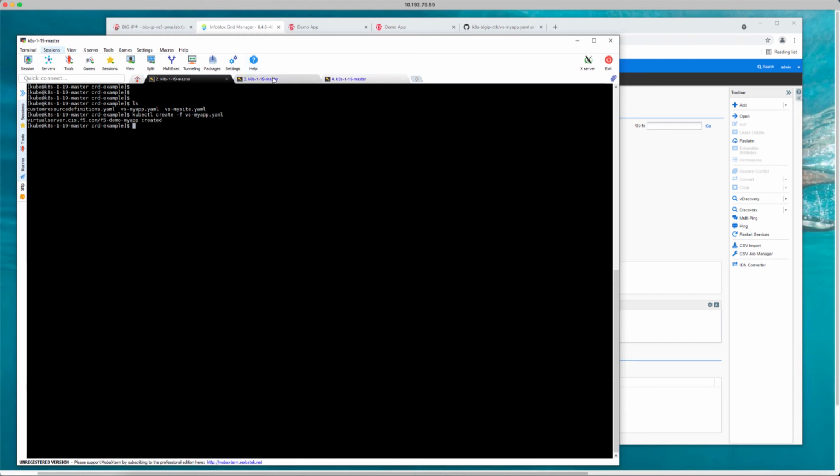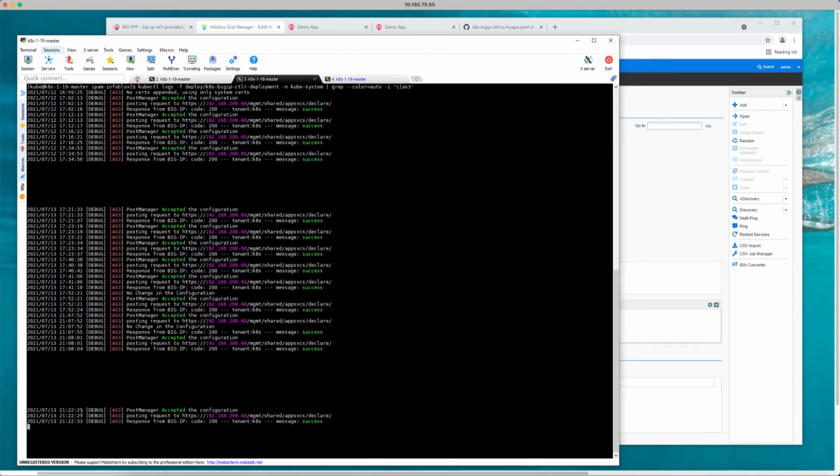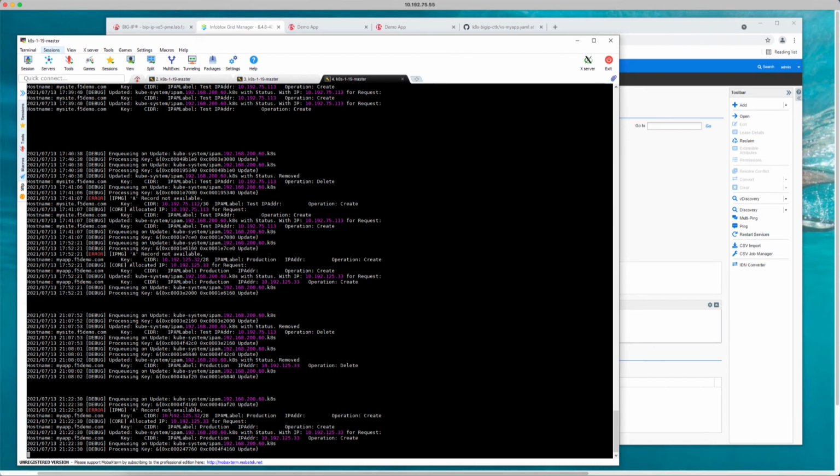So automatically you'll see there's the AS3 based API. We're posting the declaration. You can already see that there's a tenant and it's a success already. So I don't even need to look at the BIG-IP, but I'll look at the BIG-IP in a minute. And then I can look at the IPAM controller, and what I can see here,